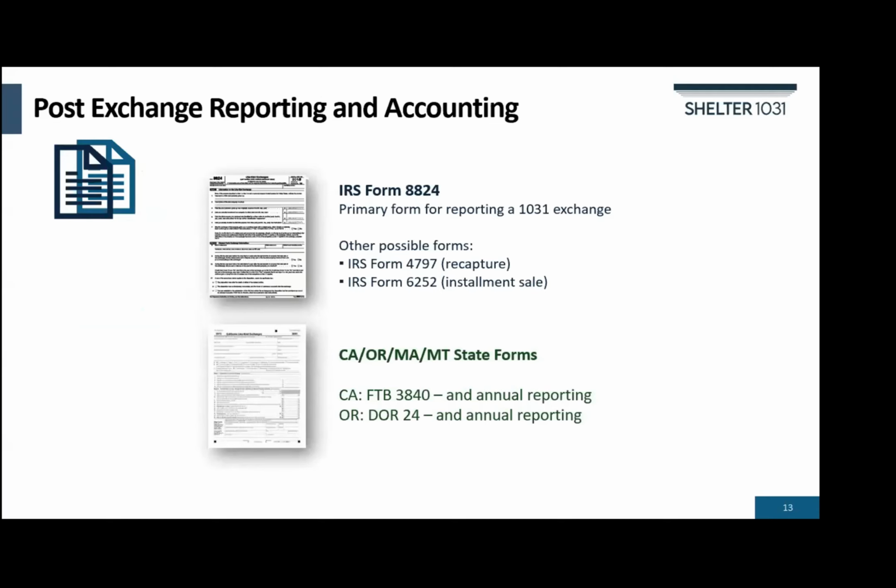After you work with an intermediary, like Shelter 1031, to complete a successful exchange of your rental property, there's a couple of administrative tasks for your accountant to complete. As part of your next tax return, you will need to file IRS Form 8824 and possibly 1 or 2 other forms related to a 1031 exchange. Similarly, if you live in California, Oregon, and a few other states, you will need to report your 1031 exchange to the state and possibly even your local government. Be sure to discuss your exchange with your tax professional and make sure he or she has all your transactional details.